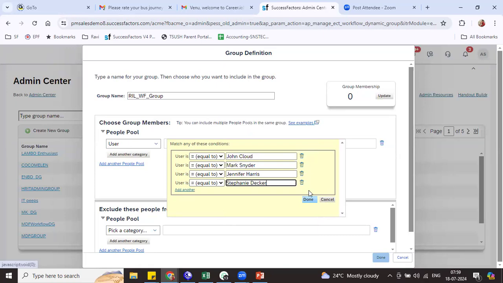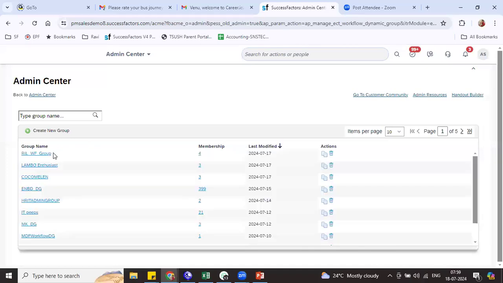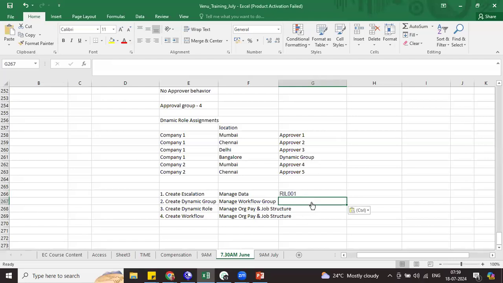Stephanie Decker. Okay, I'll add 4 people here. Update, got 4 people. Now this is my workflow group, RAL workflow group. Okay. Next is, third is